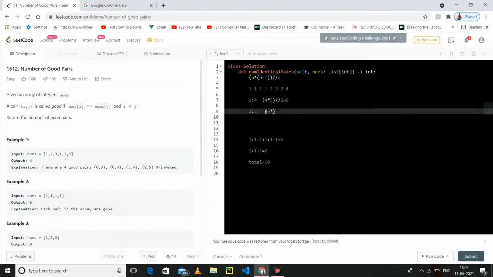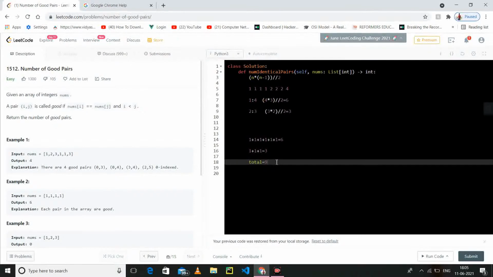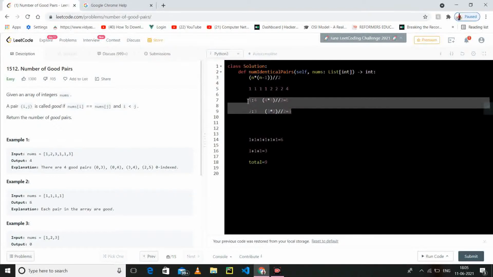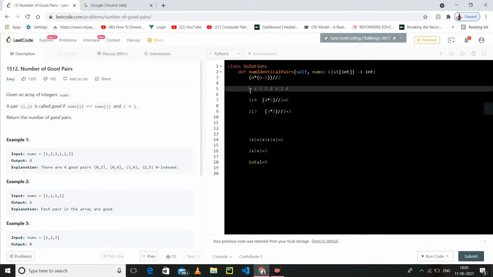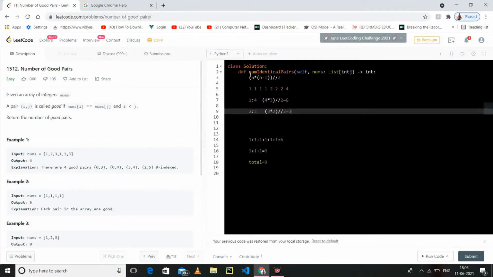Then 3 into 3 minus 1, which is 2, divided by 2, so it is 3. So the total is, sorry, it's 9. The total is 9. So you can see that whether we do it in this manner or just apply the simple formula, it will give us the answer.